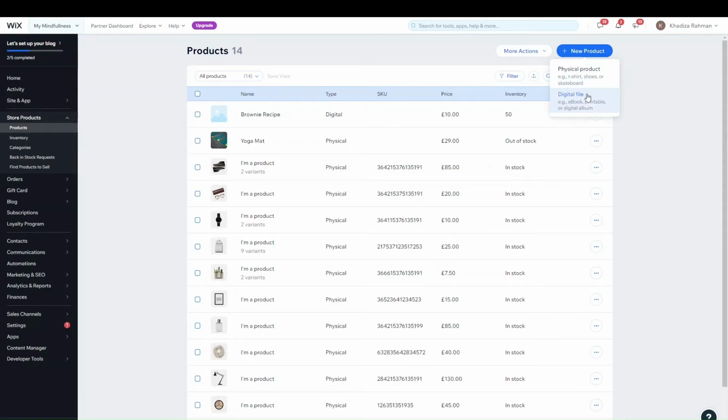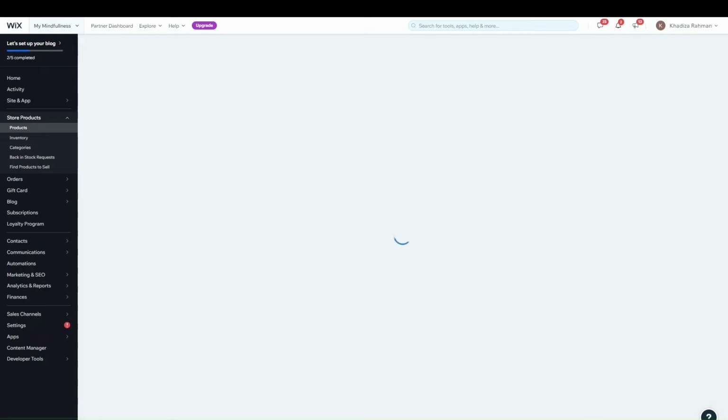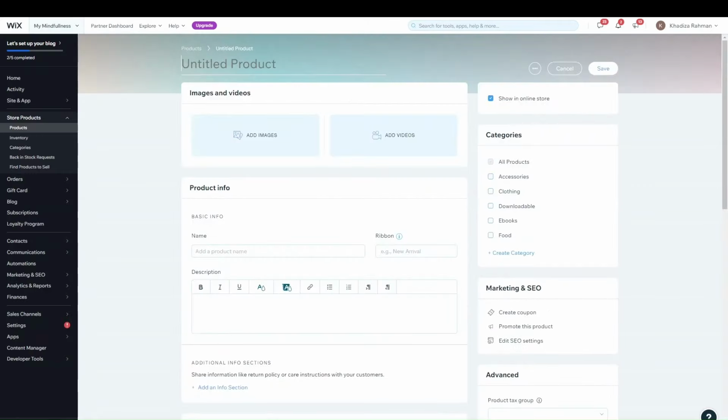So depending on what kind of file or what kind of product you want to do, you just need to select that. For now we'll do physical product, but I'll show you how to add a digital product as well afterwards. So you click on physical product, and then it'll show you the blank back-end version of the physical product, and you just go through each field and type in all the